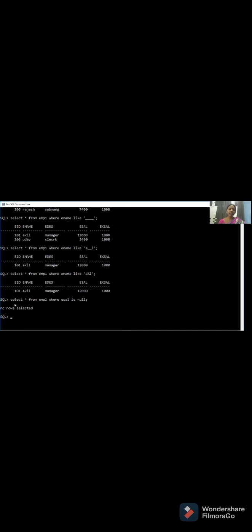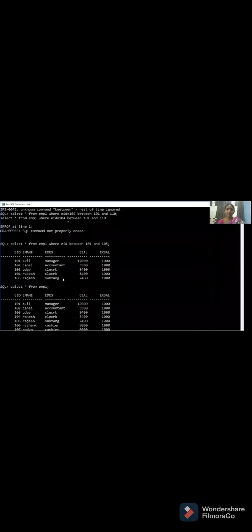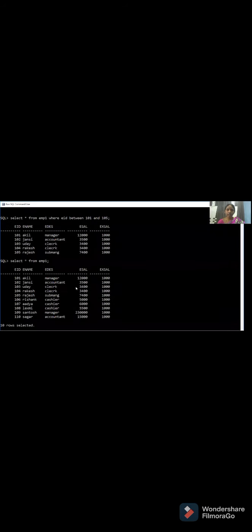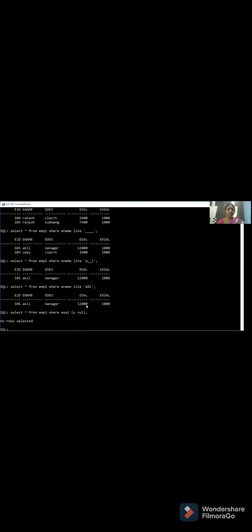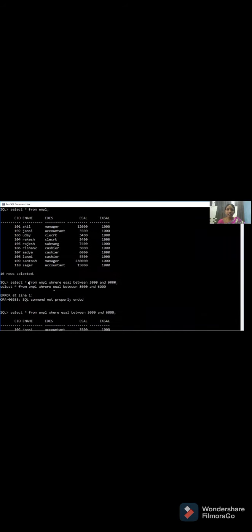So what are you getting? No rows selected. Is there a null for anybody in the salary column? Does anybody have a null value? No. So you are getting no records selected. For example, consider I'll modify for Akhil, his salary of 1000, as null.